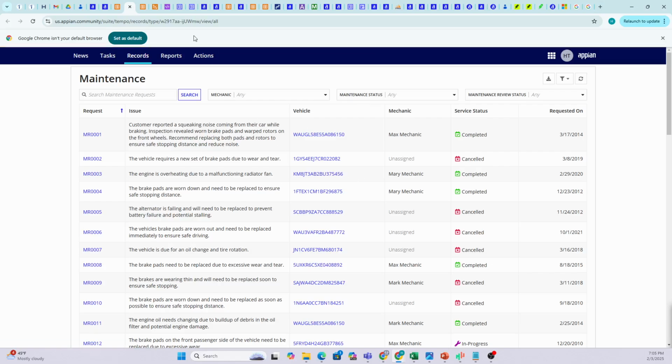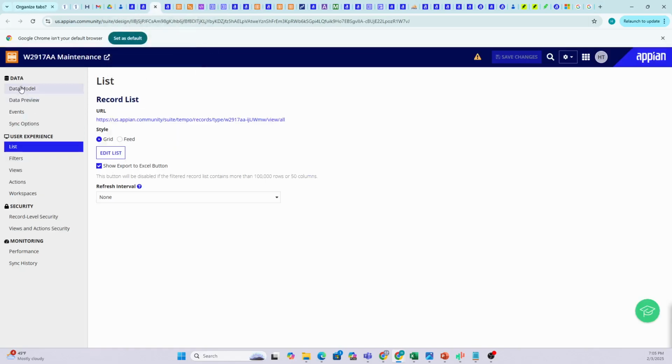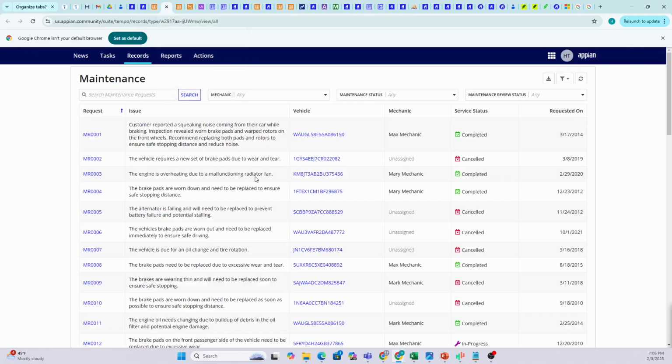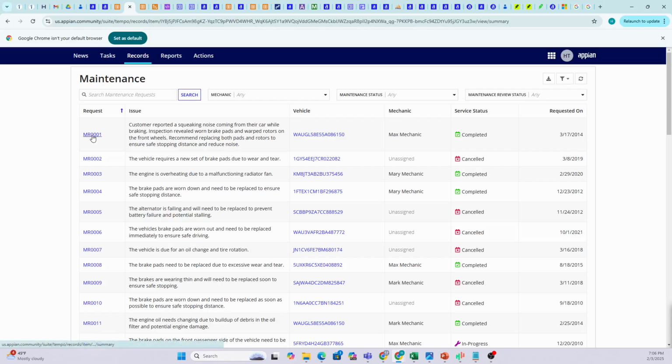So for example, whatever you see on this record type, is this one, right? So this is a database. We're going to give them the ability to view the information for that specific record, that specific maintenance. So this maintenance request, right? If I open this maintenance specifically for that specific record,